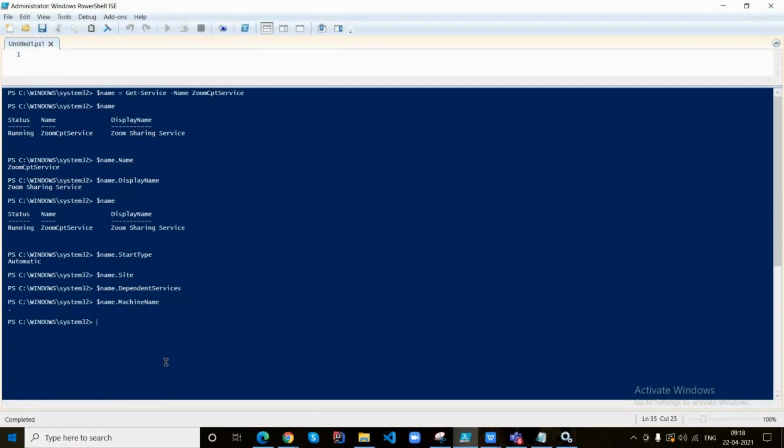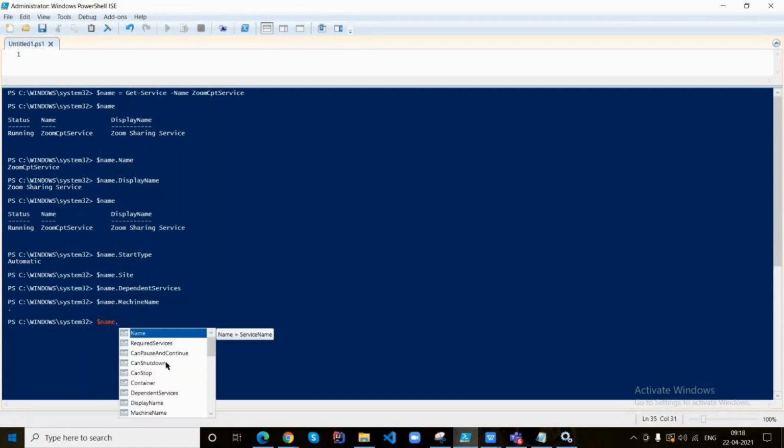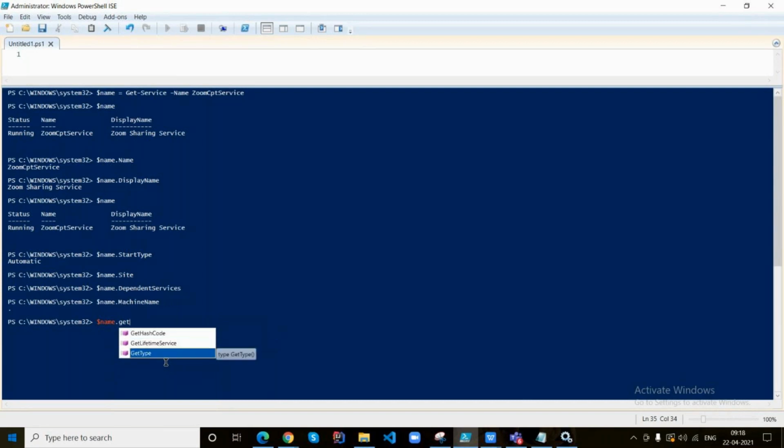We are getting information of the local machine, that's why it has printed dot. That means current and local. Okay. Now $name dot GetType. Yeah, GetType.